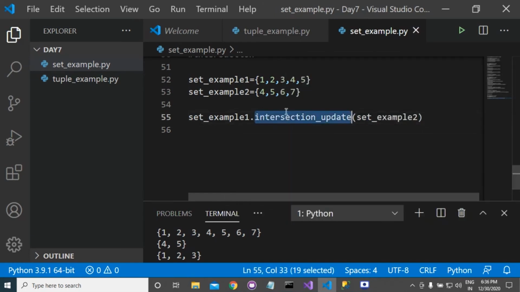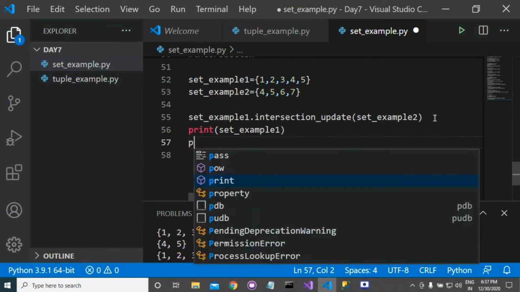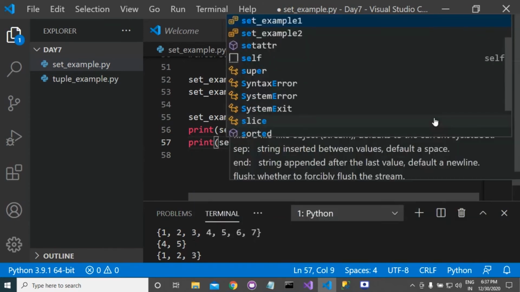Previously, I have given you the example of intersection, but here we have intersection update. After doing this, we are printing set example one and set example two.